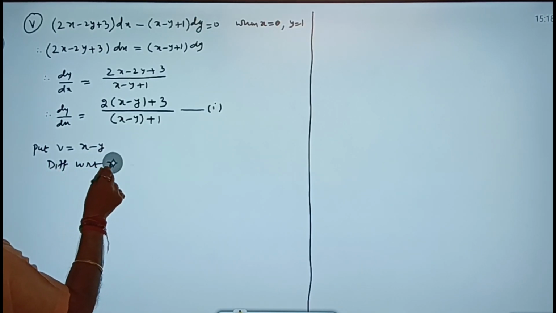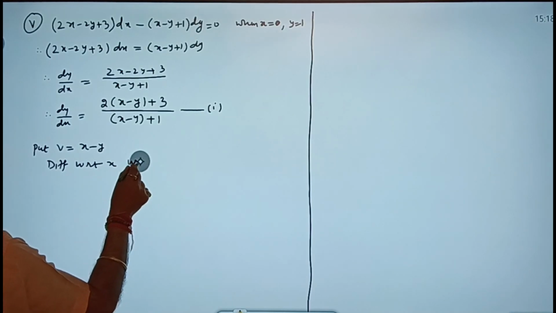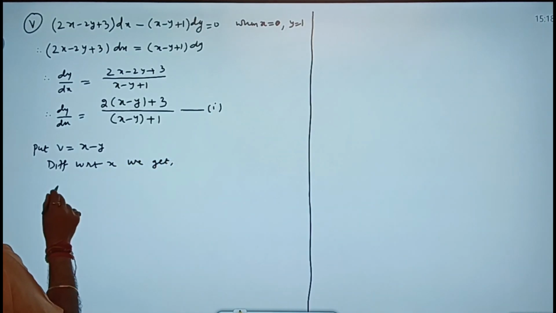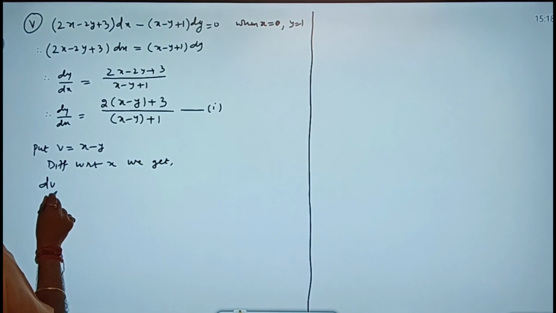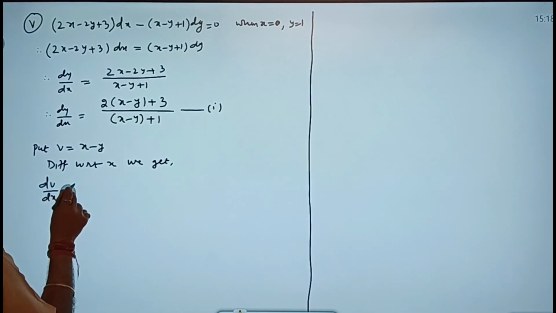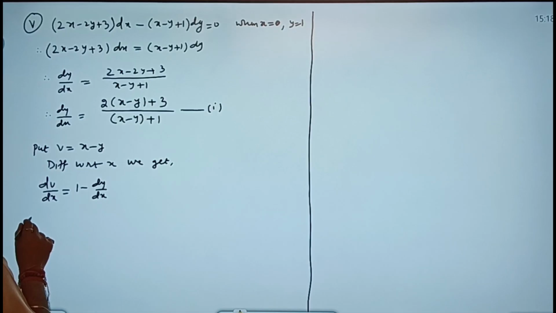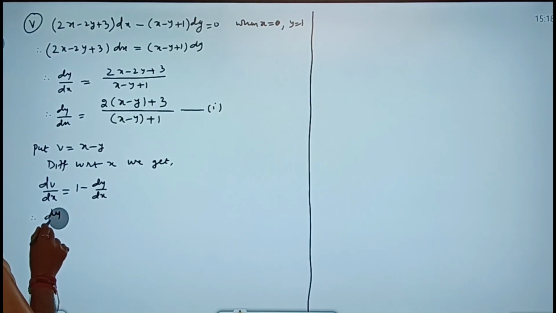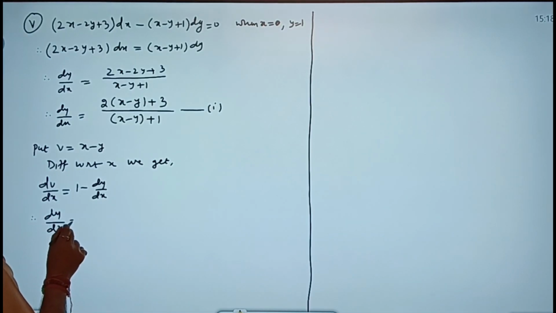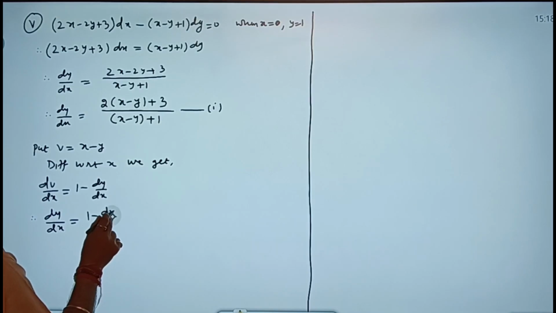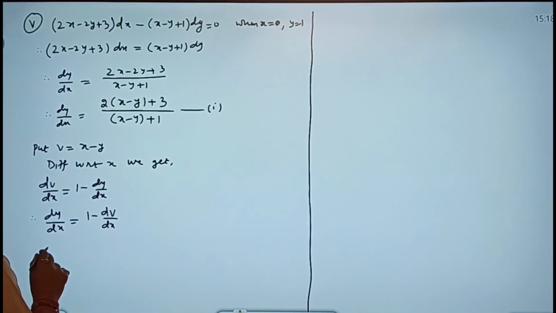Differentiating with respect to x, we get dv by dx is 1 minus dy by dx. So dy by dx is what? 1 minus dv by dx. Therefore, equation 1 becomes